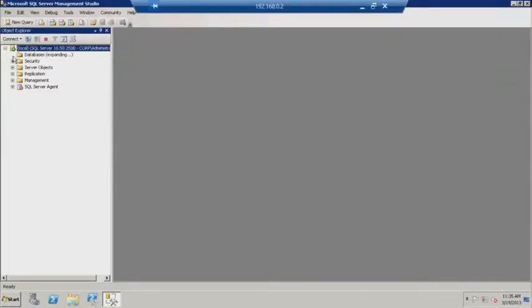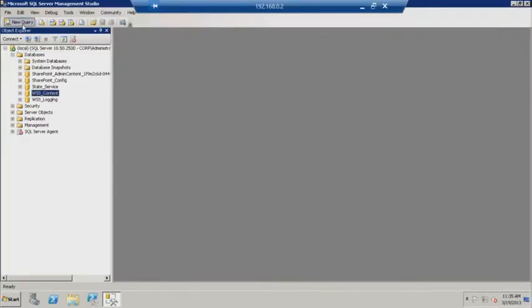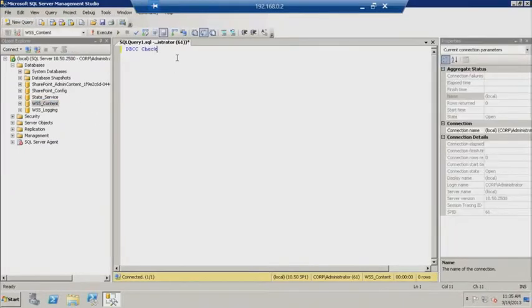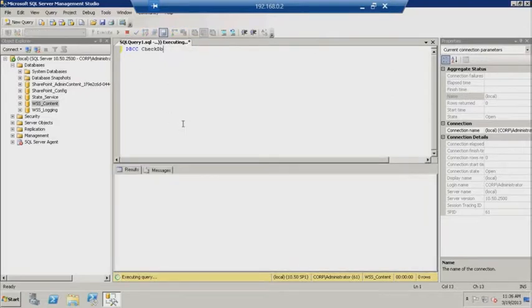With DBCC CHECKDB, you can use repair rebuild. Basically, it'll only perform repairs that have no potential of data loss. To give you an idea, we can just switch over to my machine again. I can come in here, go to my content database. I'm going to do a new query, DBCC CHECKDB. I'll just run it generically, execute. It's going to execute the query and give me a result set. If I go all the way down to my all webs table, it'll show me the number of pages